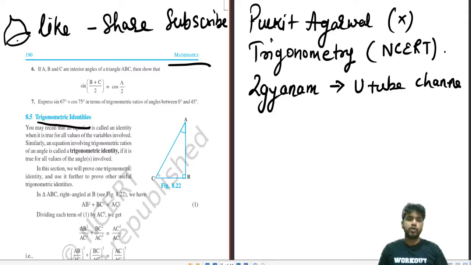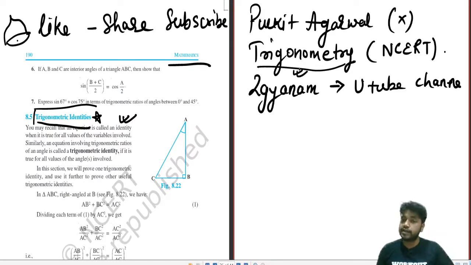Okay. So, we'll be dealing with the most important chapter, trigonometrical identities. This chapter will be extended towards your class 11 and class 12. So make sure the base is very clear, and as the base will be clear, you will be enjoying the classes for 11 and 12 also. Because most students get irritated with the subject trigonometry in class 11 because of this chapter in class 10. And if you are good with this chapter, then you will enjoy trigonometry in class 11. You just have to know all the identities in your fingerprints, and you will be good to go.